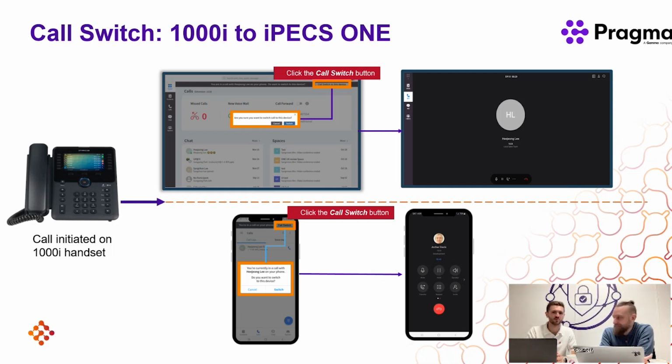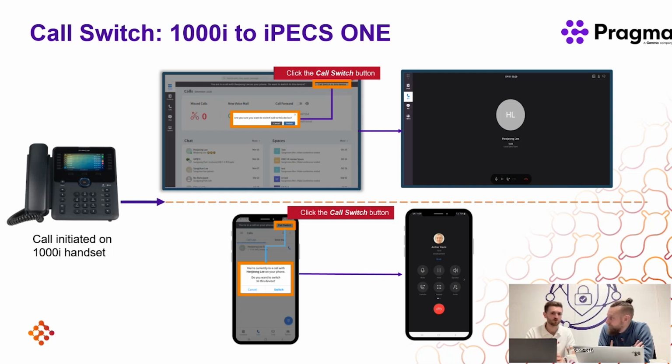Cool. Over the last month I've been doing a lot of training sessions with partners, and this has been the one that has really stuck out among the core features. It's been like, right, nice that we've got this now. We do this in a couple of different ways, but what we've got here is calls on a 1000i handset. The example is that we are rushing out to a meeting or going to lunch, we need to go out of the office and come away from the handset. We want to stay on the call. We don't want to park it or anything like that, but we need to get onto a mobile device in most cases. So we come onto the mobile client, and there's a small call switch button top right. Click on that. The call will pull over to the mobile device